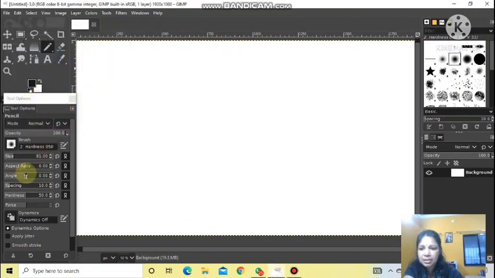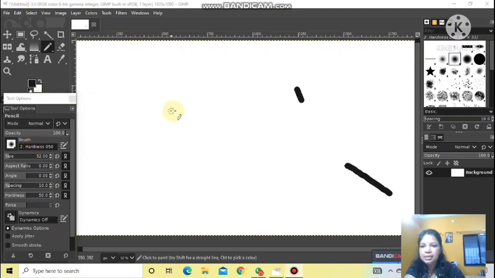Now see the brush size and all from here. It's 81. I don't want this thickness of the brush, so I want to decrease it. I can decrease it from the tool options. Here just see the brush size. It has decreased. If you want more, the same with hardness and all can be changed. So once you have done the settings for your brush, many options are there. You'll have to try all of them one by one.